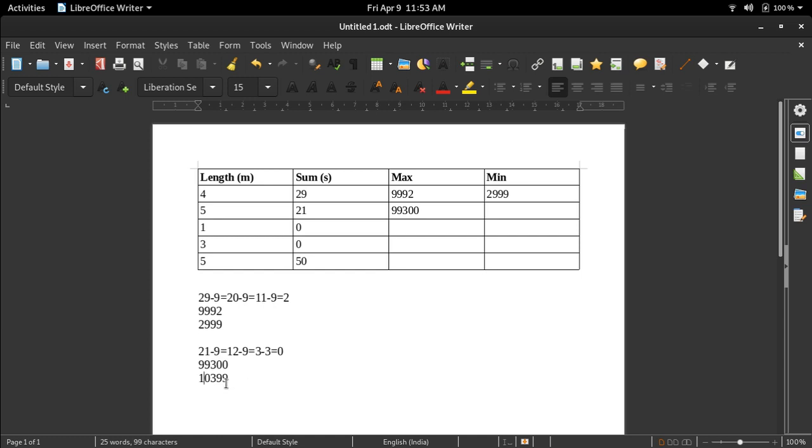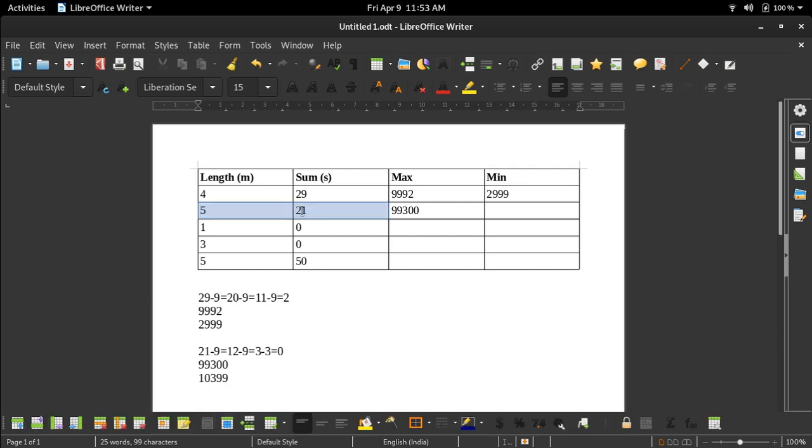Now as we are putting 1 instead of 0, the sum will become 22. So 1 plus 0 is 1, plus 3 is 4, plus 9 is 13, 13 plus 9 is 22, which does not satisfy the condition. So we have to remove 1 from the remaining values.